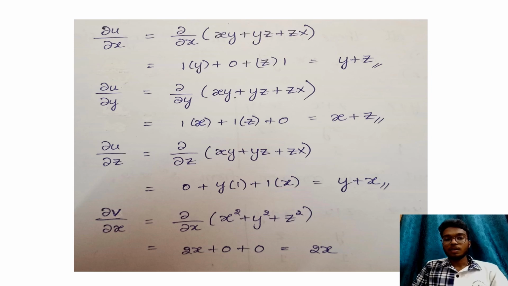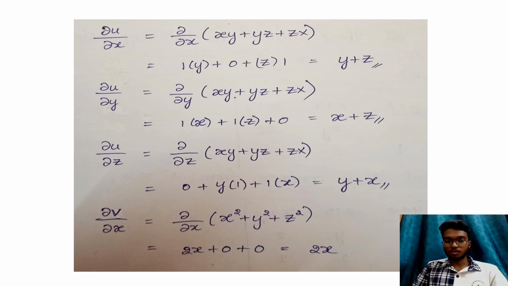and ∂u/∂y, ∂/∂y of the u equation. So ∂/∂y means with respect to y. So here we have the answer x plus z, and then ∂u/∂z is solved in a similar way, that is partial differentiation with respect to z, and other than z, the remaining variables are all considered as constants. So here the answer is y plus x,